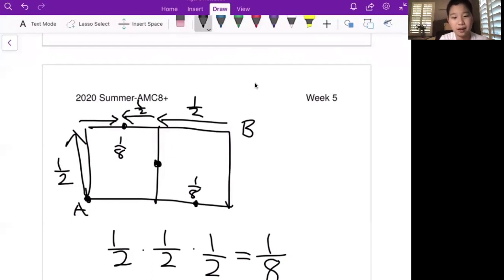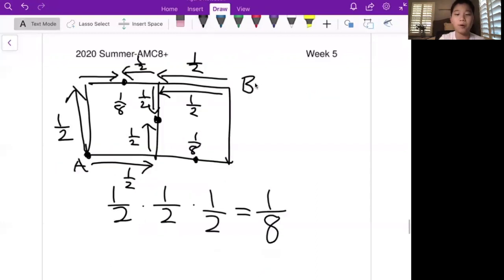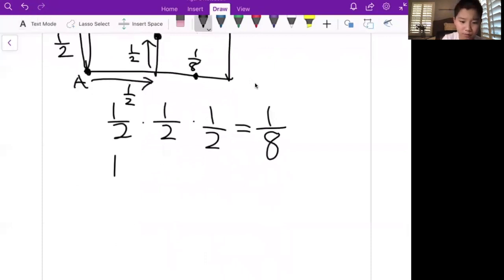So how about the other meeting spot? Well, the other one, Alice will have to go there with probability 1/2. Bob will have to go there with probability 1/2. Then Alice will go up with probability 1/2. Again, same with Bob. He'll also get 1/2. So there are 4 1/2s this time. 1/2 times 1/2 times 1/2 times 1/2 equals